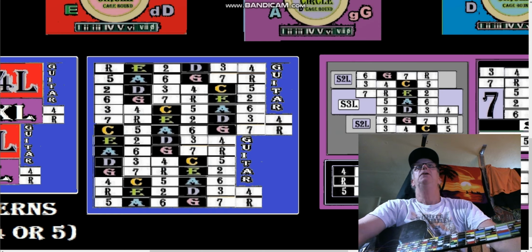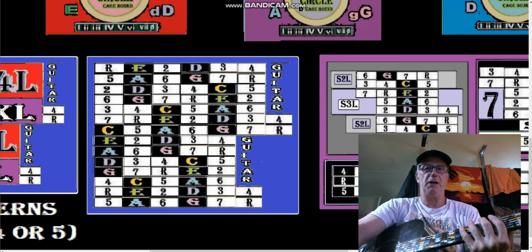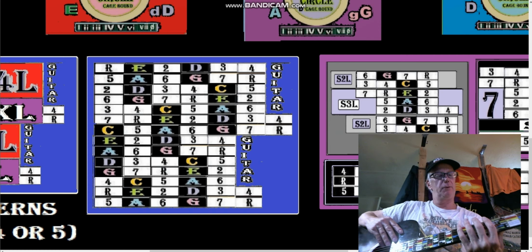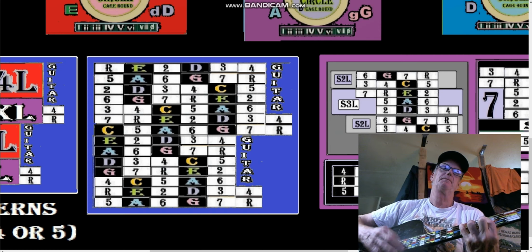Okay, so we're going up the ladder here in the little C box. It's just right here, where my hand is. It's the C where you play a C chord. All right,